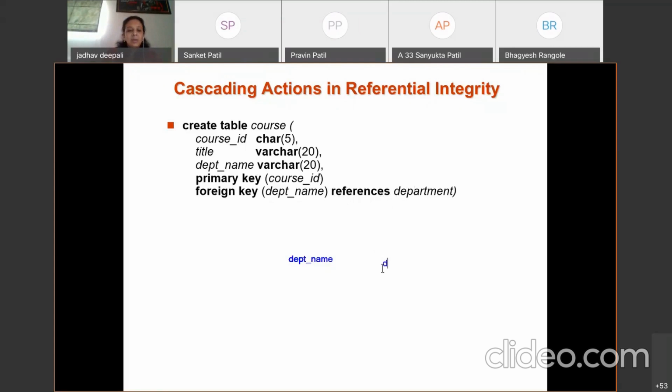Instead of department, suppose I write DPT here, it will not execute. So for the department, as you have written there, you need to write it here the same. So foreign key department name references department. Means what? Suppose there is a department table. I write here.